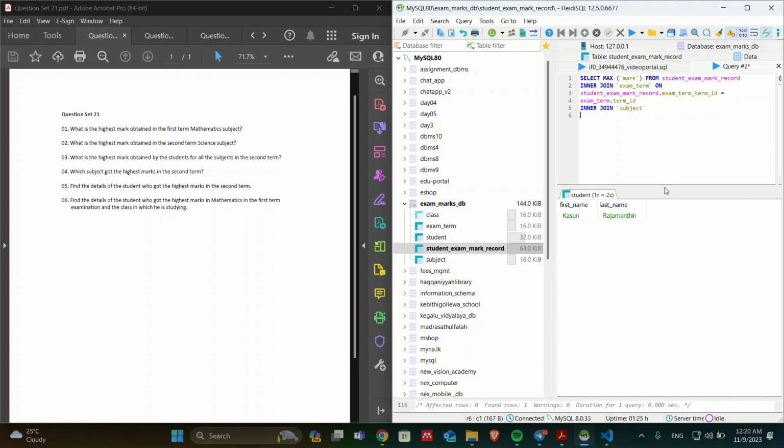and then we are going to use the same student exam mark record dot, and we are going to select the subject ID, and then we're going to assign it to the subject table, and we are going to select the subject ID. Now we are going to use the where clause, where term name is equals to first term,